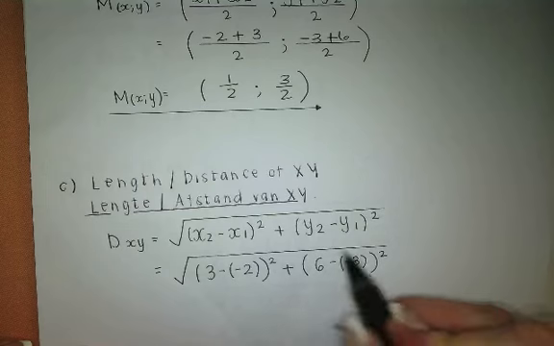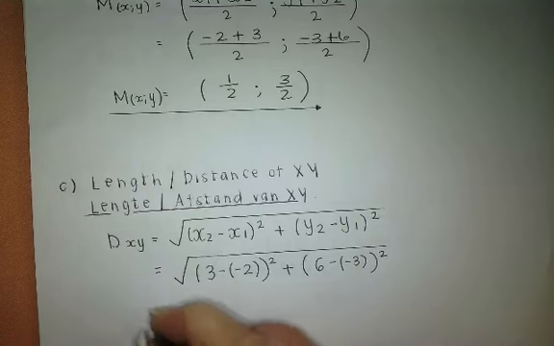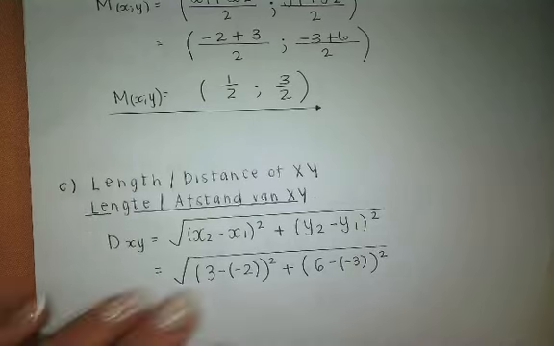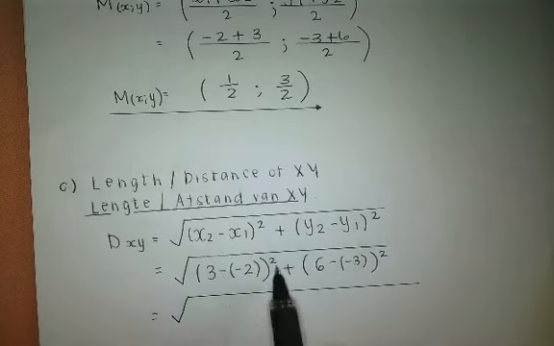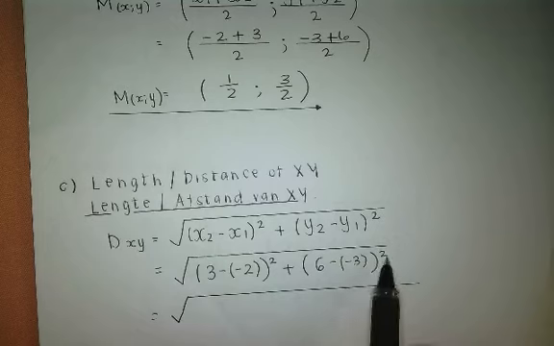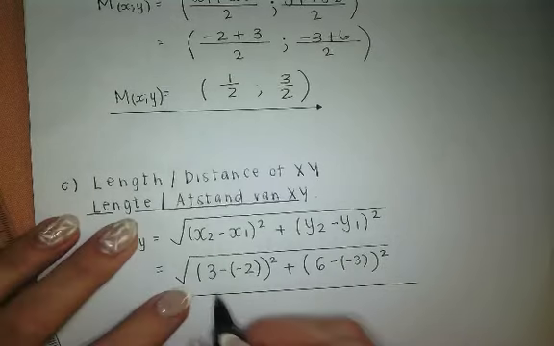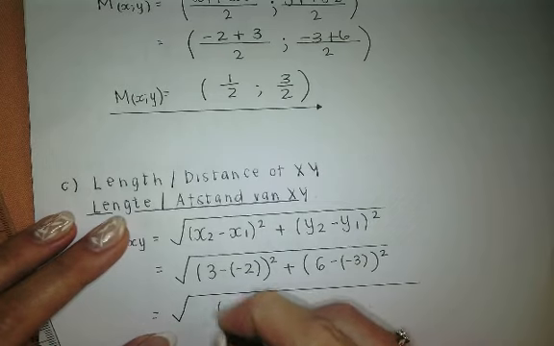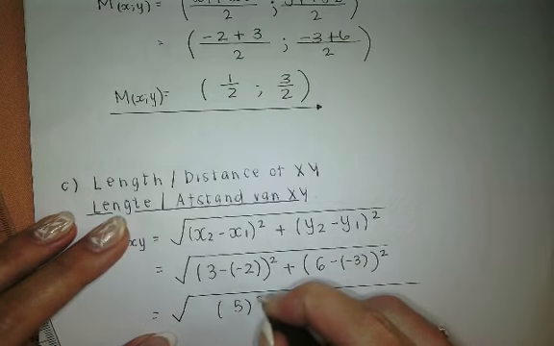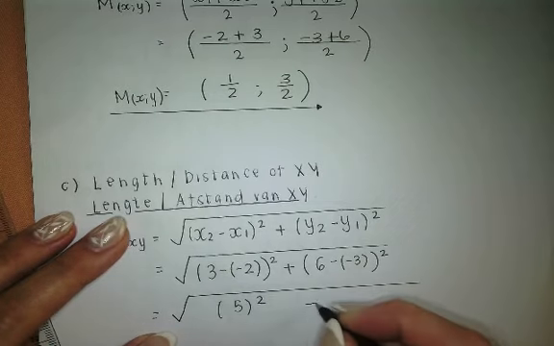Now by us squaring, it takes the negative away, because can you ever have a negative under a square root? No. So by squaring, we get rid of that negative. So this is going to be 3 plus 2, which is 5 squared,